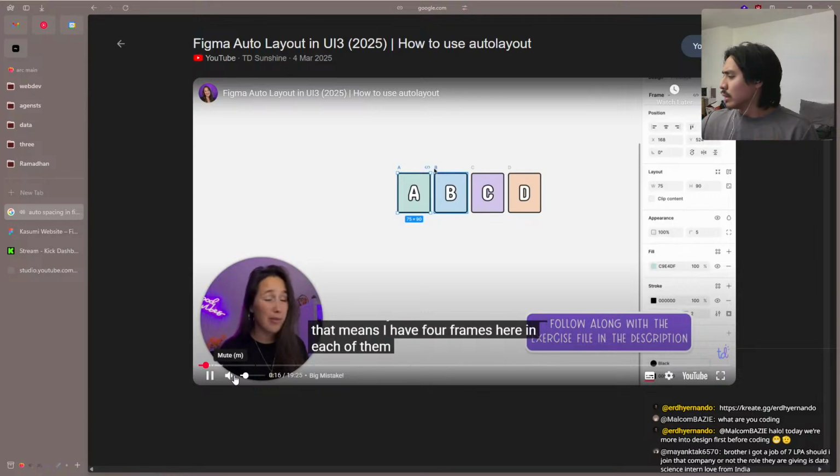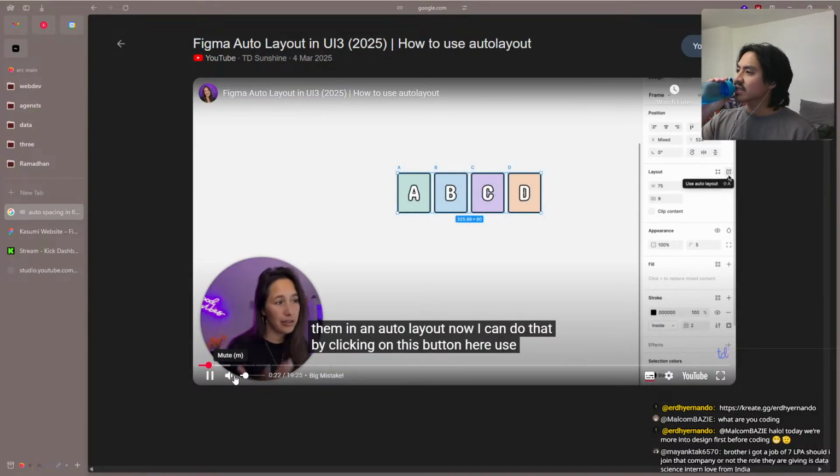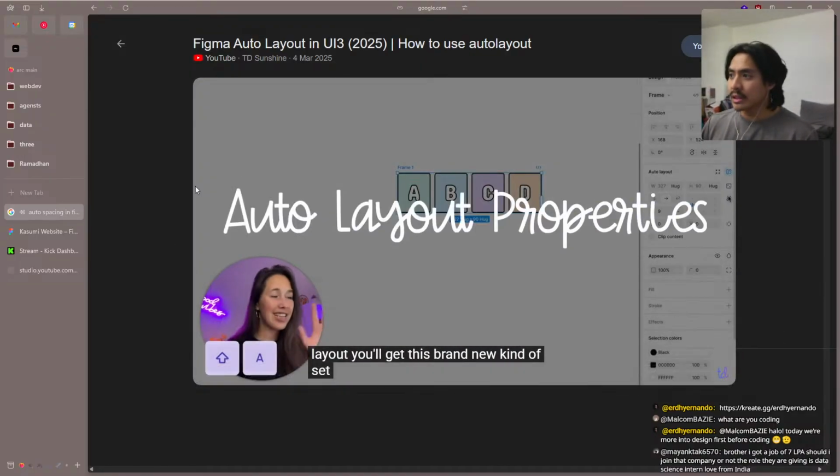I have 4 frames here and each of them has just a letter inside of them. I'll select all of them and put them in an auto layout. Now I can do that by clicking on this button here, use auto layout, or just use the keyboard shortcut Shift A. Now once they're in an auto layout, you'll get this brand new set of options in the design